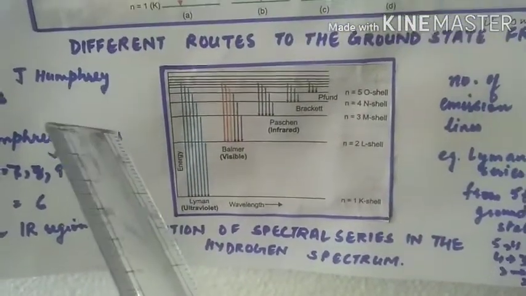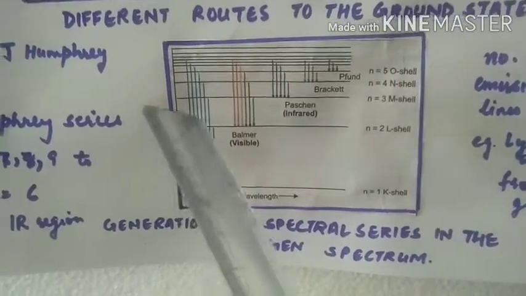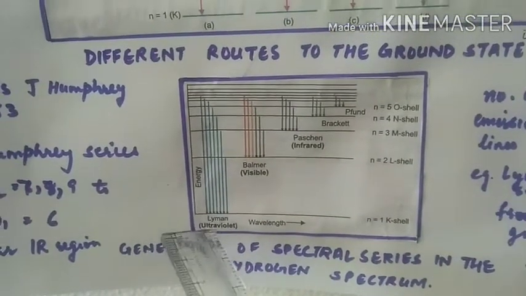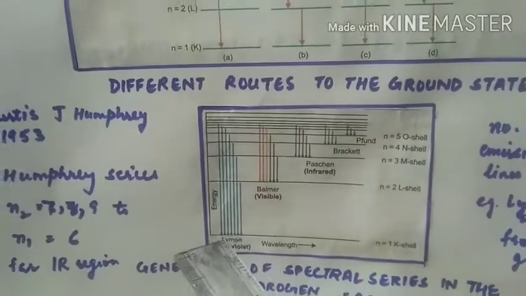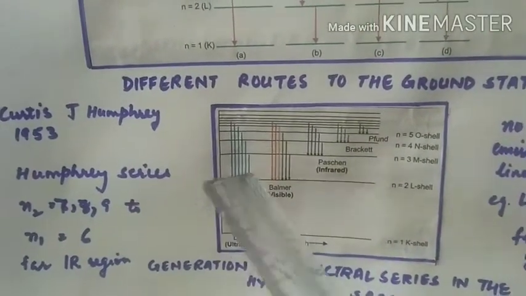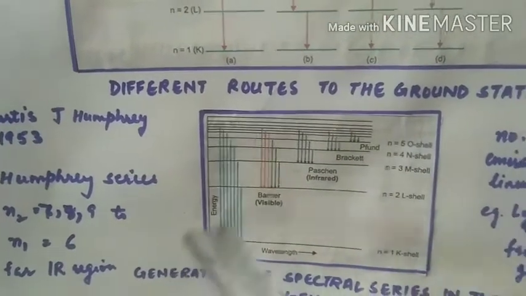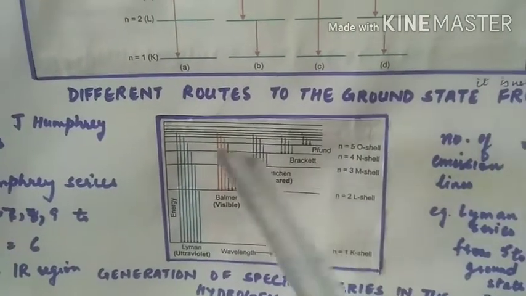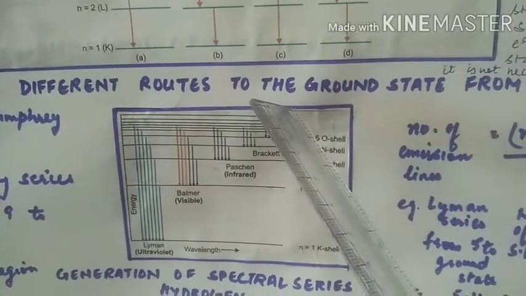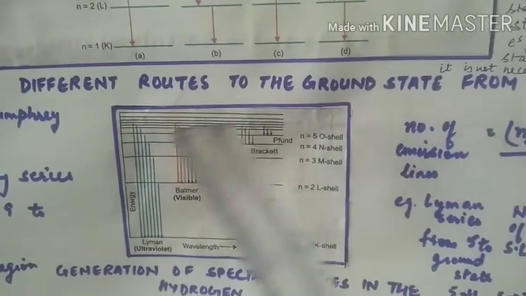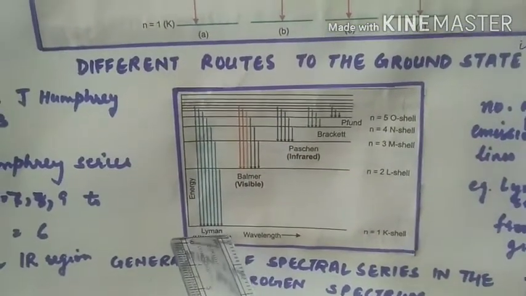So in all, 5 bands can be seen for the hydrogen atom. The first band is the Lyman series, which appears in the ultraviolet region. Here electrons from higher orbits jump to orbit number 1: from second to first, third to first, fourth to first, fifth to first, and so on. Similarly, in the other series they jump to the second, third, fourth and fifth energy levels. The names of these bands are based on the names of the scientists who discovered them.